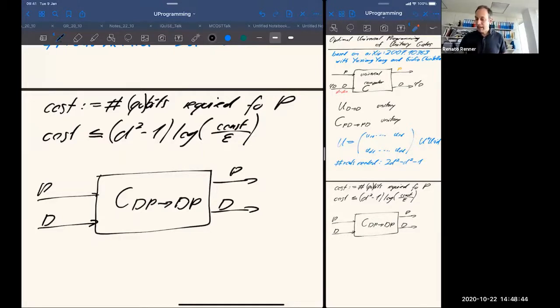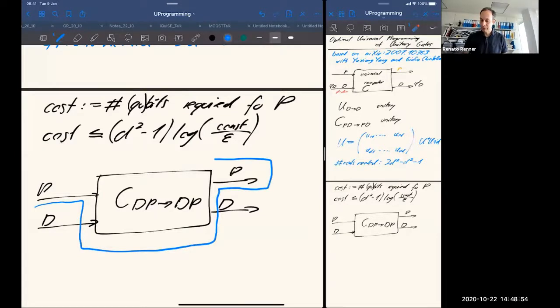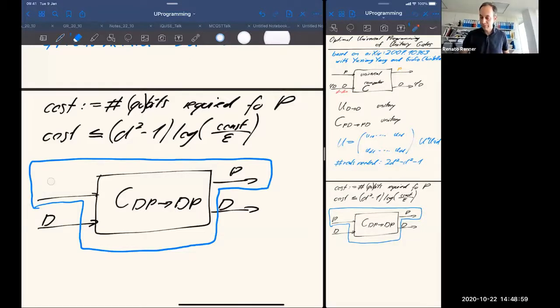And what I would really like is to somehow say that on the data, I have a unitary. So I could draw a blue box here around this. And the blue box includes now the program. So let me make this a bit smaller. So here is the program input. And to execute a certain program, I could say in the most general case, when I can feed into this computer a quantum input, I encode the program into a quantum state, psi p. So in other words,